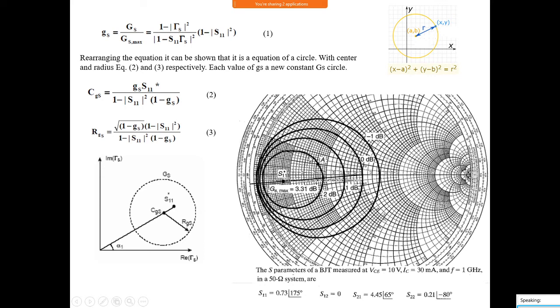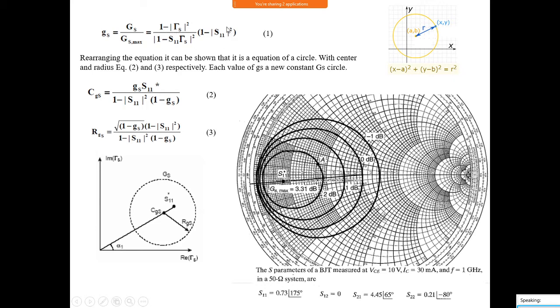How to draw the circle? We can draw this circle from this equation. This is the equation of a circle. If you rearrange this, we will get the equation of a circle. From the equation of a circle, we can come to know what the center is and what the radius is. Like this, if you get the equation of a circle by doing some mathematical operation, we can come to know the center and the radius. Here the center is (a, b) and the radius is equal to r.